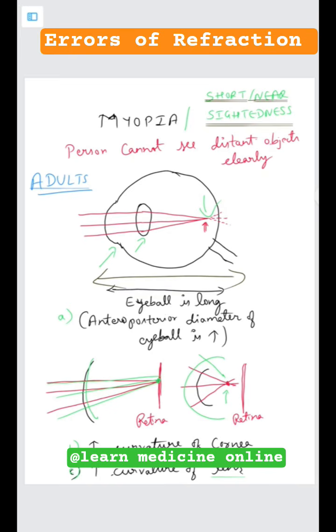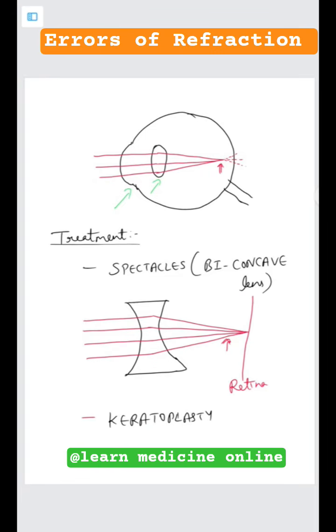So there are three reasons for myopia. One is an increase in the anteroposterior diameter of the eyeball, or an increase in the curvature of the lens or cornea. Now, how do we correct it? We use a biconcave lens, okay? Because when we use a biconcave lens, the lens will divert the light rays slightly and then it will help them focus properly onto the